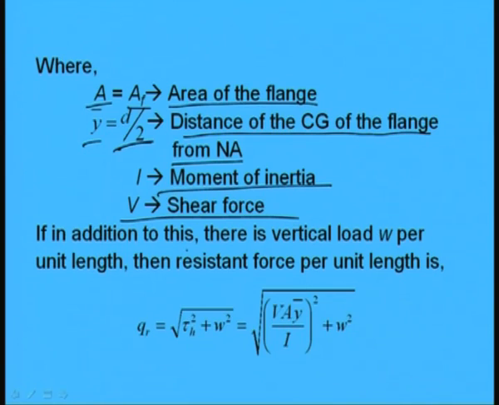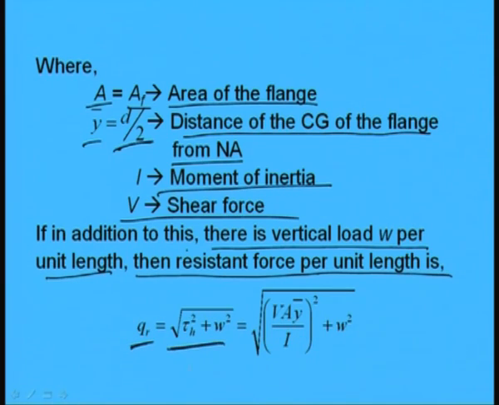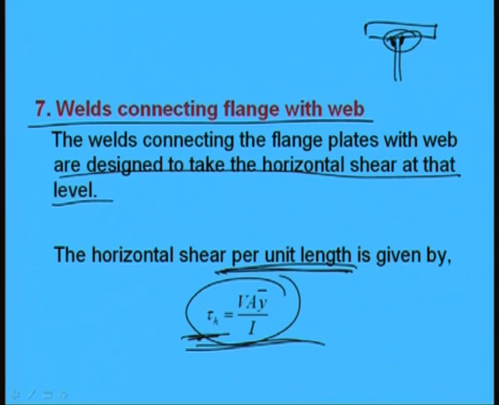In addition to this, there is vertical load W per unit length. If the vertical load is there, then the resistance force per unit length, QR, will become the square root of tau H square plus W square, because horizontal shear is coming in this direction, tau H, and again if the vertical load is there at that point, then it will be W. So, the resultant, which is named as QR, will become the square root of tau H square plus W square, and tau H is written here as V A y bar by